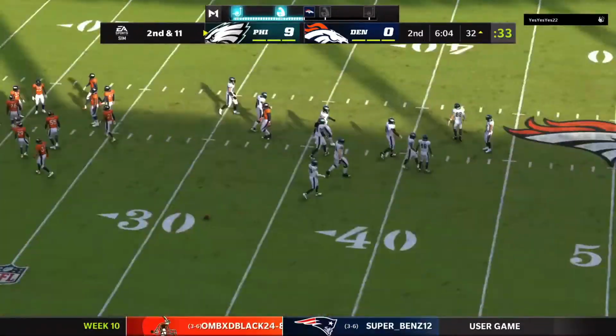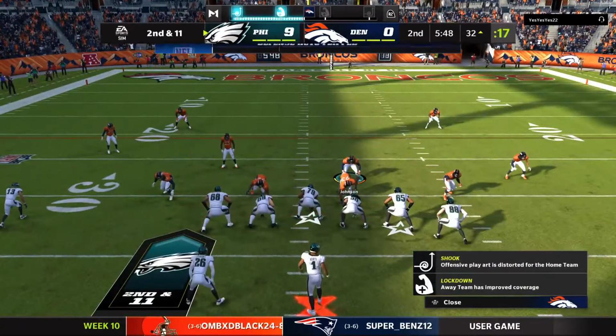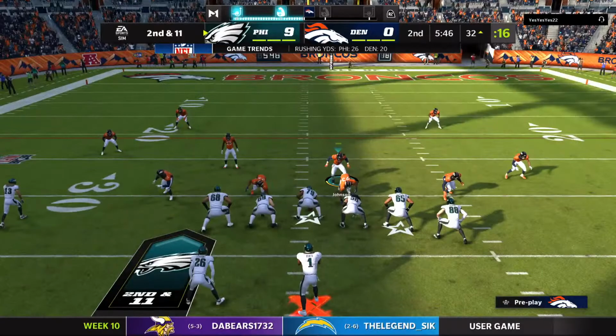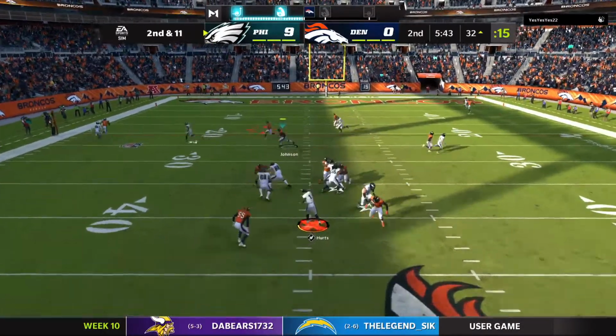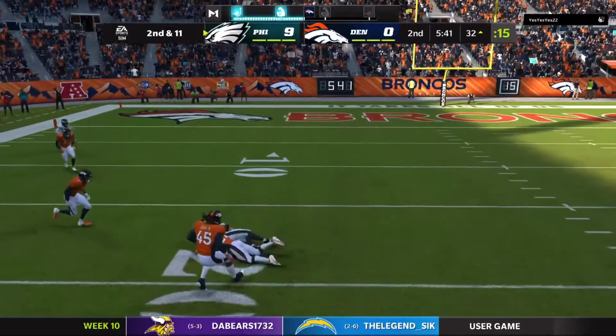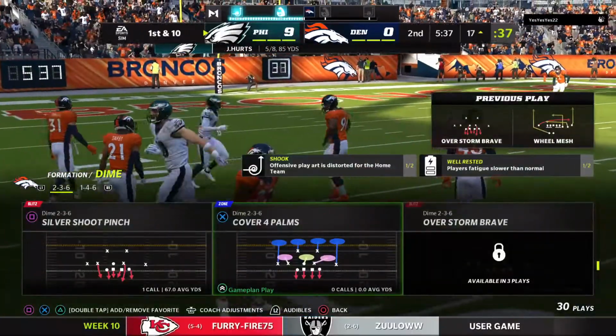An interesting and intriguing decision there defensively because they kept extra DBs on the field despite seeing the multiple tight end look that came out for the offense. I thought they were going to switch out of it. I didn't know if they felt they didn't have time or what the case was. Well, in any event, the extra speed allowed for great penetration as they stuffed that one behind the line of